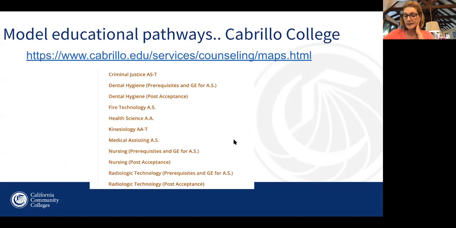Now, there is one particular college, Cabrillo College. I think there may be a few others, but the one that I know best is Cabrillo College. And they have done a beautiful job of developing educational pathways that are clear and succinct and easy for students to use. So at Cabrillo College, they have made educational pathways, or some people call them guided pathways, for criminal justice, dental hygiene